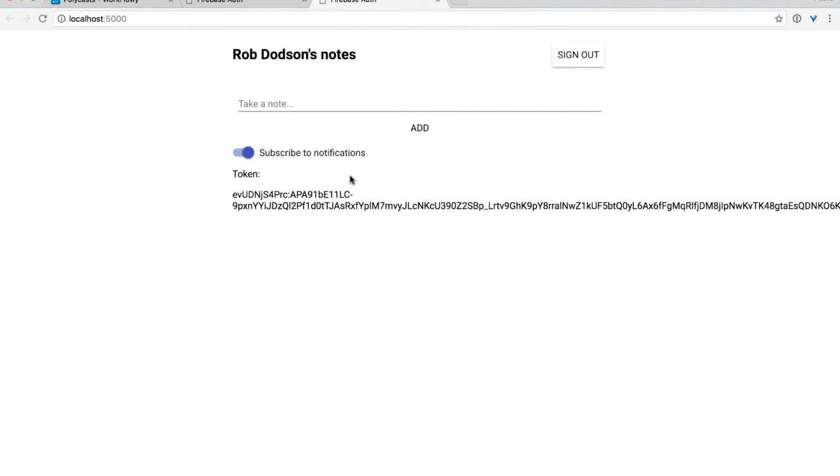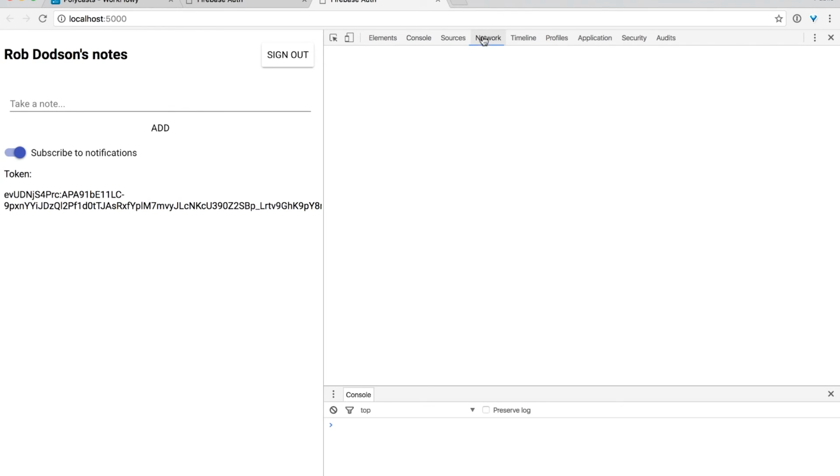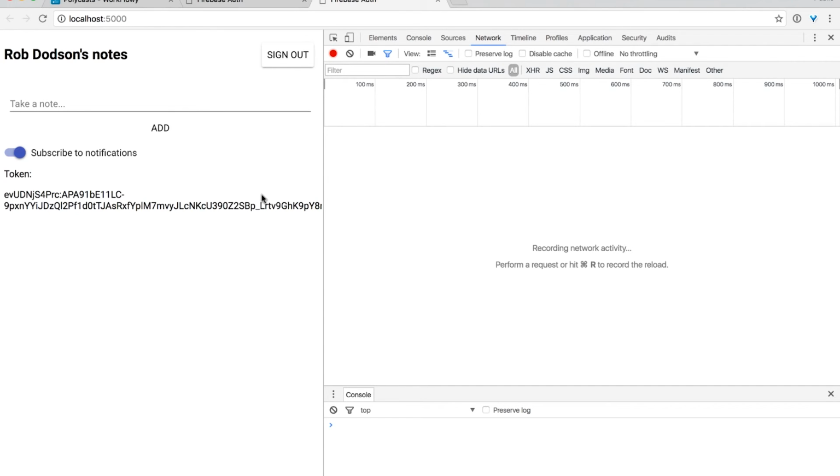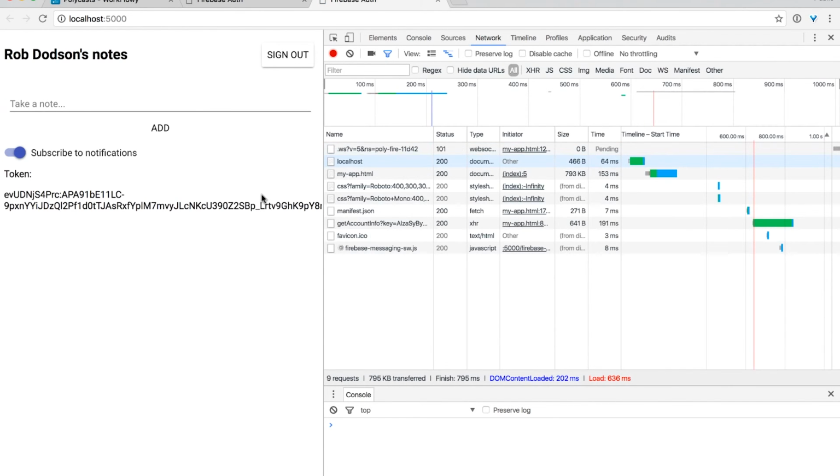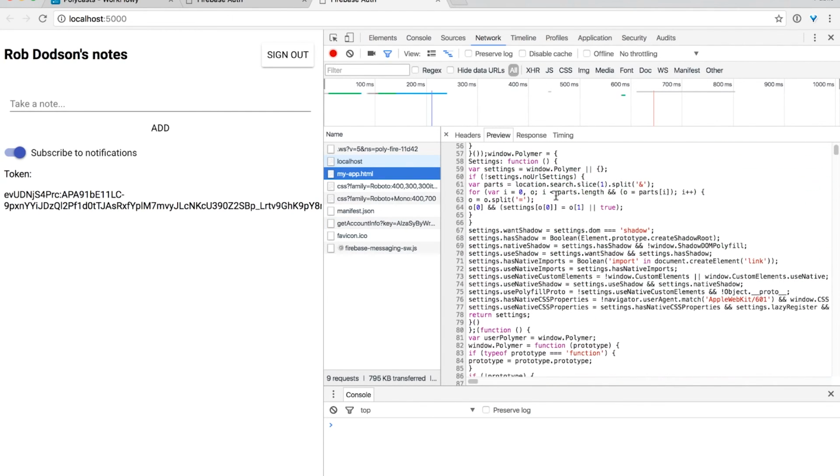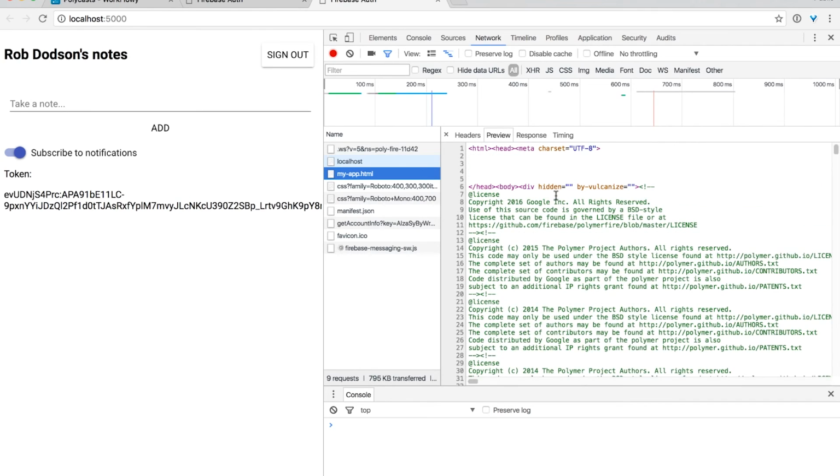And we can verify that it's the bundled version by opening our network panel, clearing everything out, and hard refreshing the page. And you'll see that instead of requesting tons and tons of HTML imports for all of our dependencies, we only really see a couple HTML imports. I think we actually only see myapp.html. We can look at the source for that and verify that it is the vulcanized version. So at that point, the only thing you have left to do is to run firebase deploy, and your site is ready to share with the rest of the world.